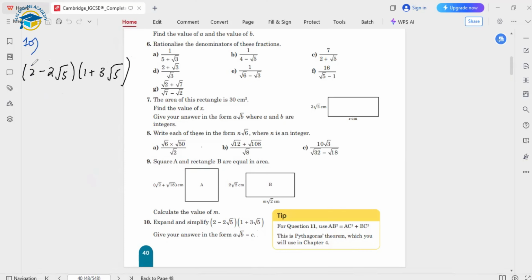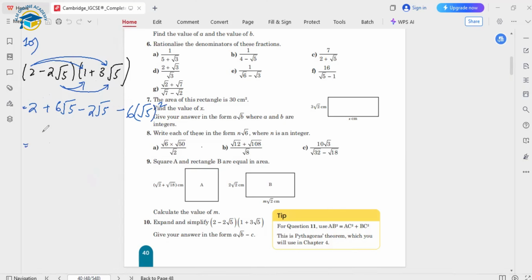So for multiplication, using the first number of the first bracket, we have to multiply it by 1 first of all, and then we will multiply it with 3 square root 5. So 2 times 1 is 2, plus 2 times 3 will be 6 square root 5. Now the next term will be multiplied with 1, and as there is a negative sign, we will also use a negative sign, and multiplying it by 1 we get it similar. And then this needs to be multiplied with 3 square root 5. So 3 times 2 is 6, and minus times plus is minus, so minus 3 times 2 times 6 square root 5 times square root 5, which is square root 5 square.